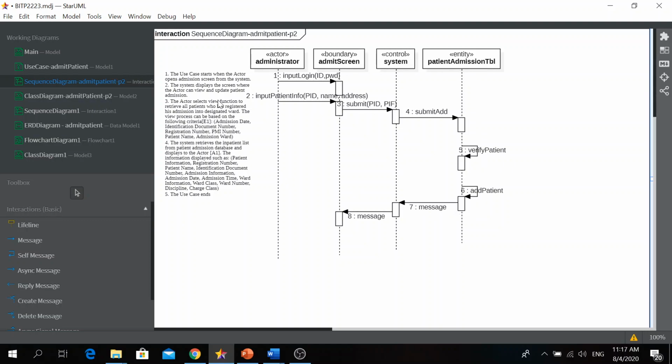This sequence diagram has labels only. In StarUML you can convert these labels, for example ID and password, into real attributes which can be processed by StarUML to generate the application. But for the purpose of this class, I will not show you how to generate the attributes and operations automatically into the application or system. We just show you how to discover the attributes.